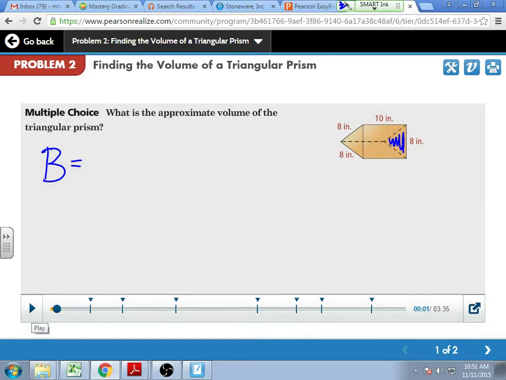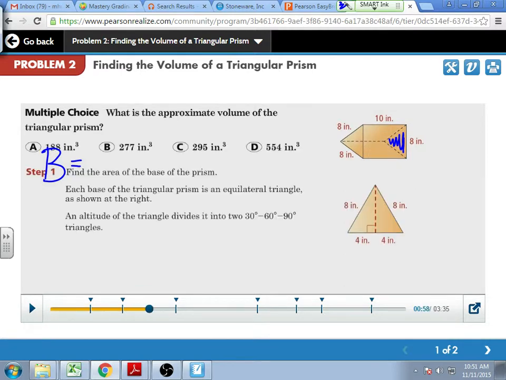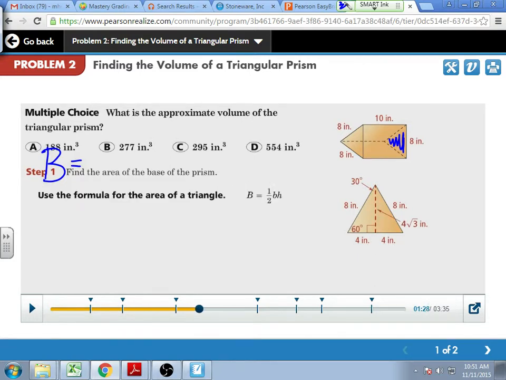So what's the problem with that for us here? You don't have the height. So we end up breaking it down into two isosceles triangles. Does it say equilateral? Yeah, because you can see 8 and 8 here, and then 8 right here. So that tells you it's equilateral. Then I can split that into right triangles. I can use trig, or I can use the Pythagorean theorem.